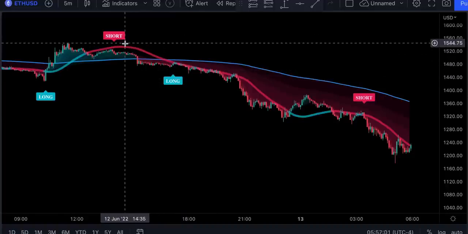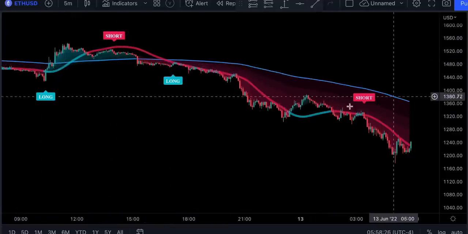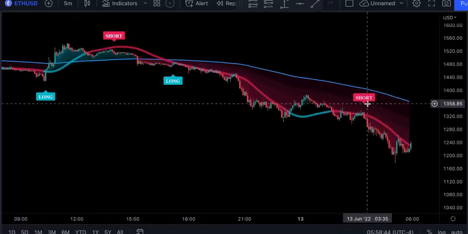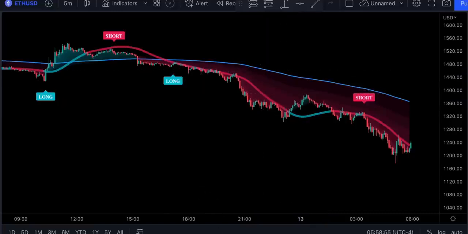To be honest, I do not quite understand the logic behind them. We see sometimes we're almost catching tops and bottoms, and sometimes we're just going with a trend. These signals can be extremely accurate in combination with these baselines, but if we take a look at the strategy tester,